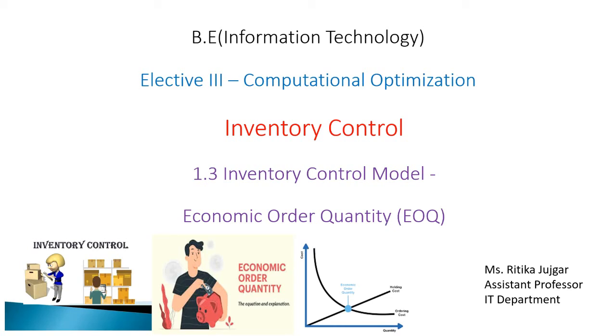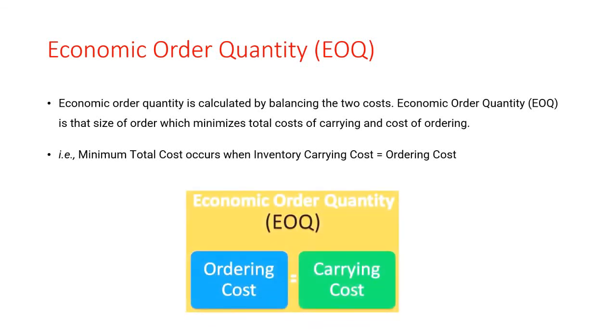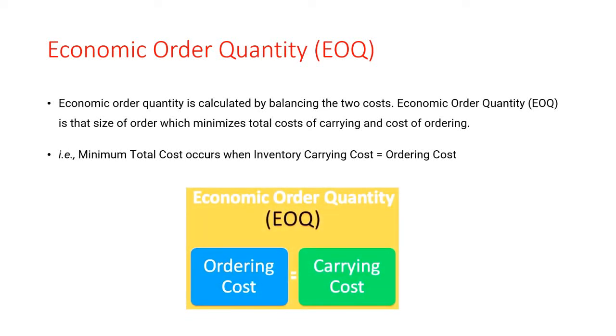In this video lecture, we discuss the inventory control model. The first model is the economic order quantity. Inventory models deal with idle resources like men, machines, money and materials. These models are concerned with two decisions. The first is how much to order, that is, purchase or produce, and when to order, so as to minimize the total cost.